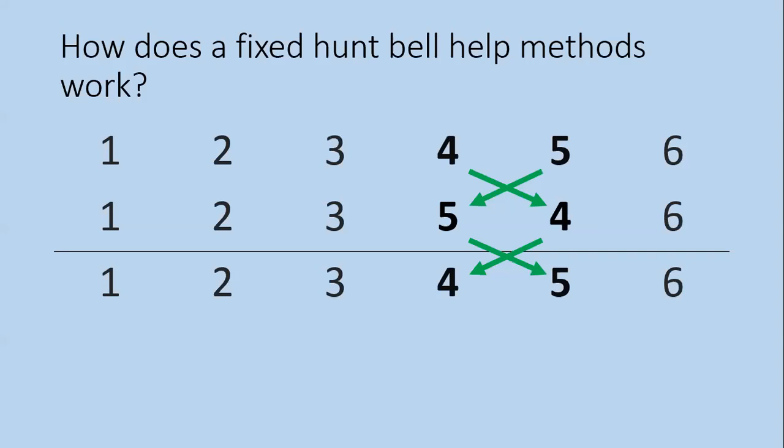If we think about call changes, we can see how this works. If you have a call change that swaps the bells in 4th and 5th place over, and then you repeat that same action, you get back into rounds. So one swap swaps 4 and 5 over, 1, 2, 3, 5, 4. Another swap puts them back again, 1, 2, 3, 4, 5. And if you did, say, 2 lots of call changes, and you moved the 5 again and moved it down to here, and you'd rotated 3 bells around, then repeating that action a couple more times would again bring you